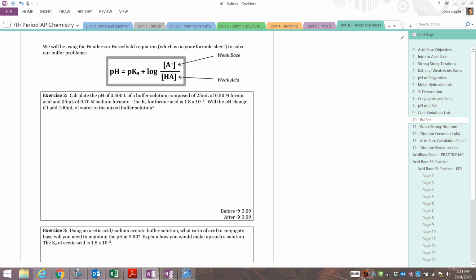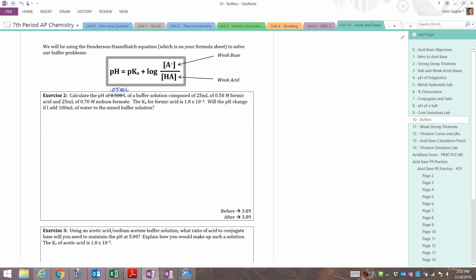the pH of the solution. Here's a typo: it should not be 0.5 liters for this one, it should be 0.050 liters. Because we're going to take 25 milliliters of 0.5 molar formic acid and 25 milliliters of 0.7 molar sodium formate,